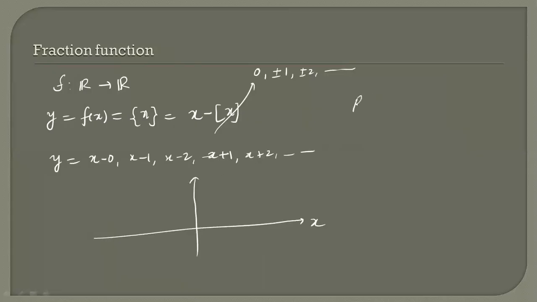What about the range of this function? You will get 0 if x is an integer, and you will get 0.999 if x is not an integer. Suppose x is 2.999, then greatest integer x will be 2. So the fraction function will be 0.999. It means it is reaching towards 1 but not 1, because the difference will be 1 only when both are integers. But if both are integers, then the difference will be 0.